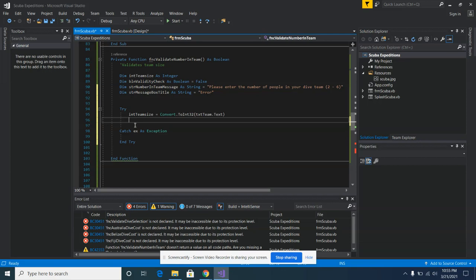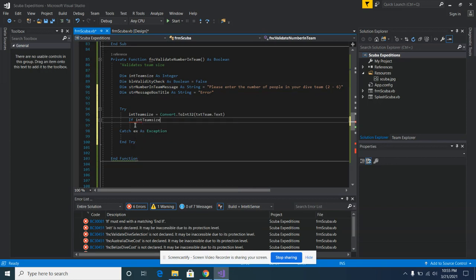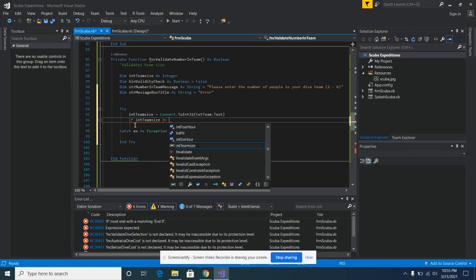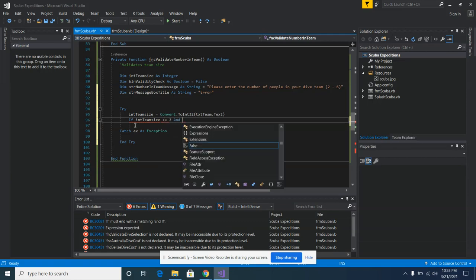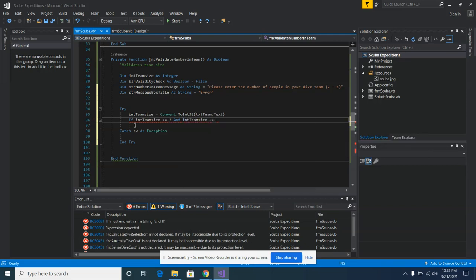We're going to write an if statement: if team size is greater than or equal to 2 and team size is less than or equal to 6, then